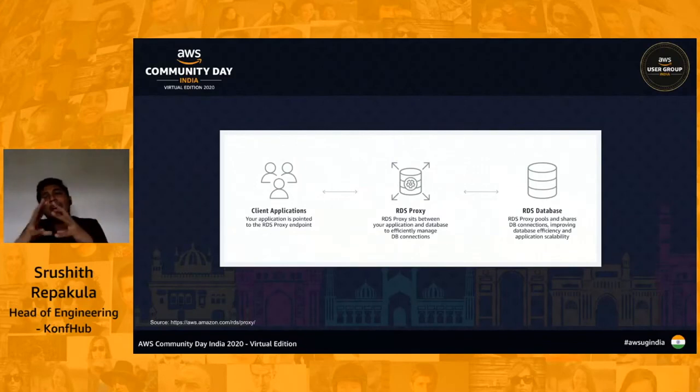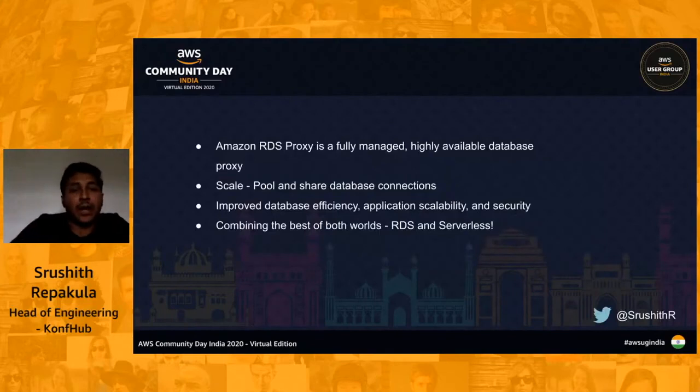The proxy takes care of managing the connections and reusing the connections that are already available. The bottleneck that we had downstream is that my APIs can scale, my Lambdas can scale, but my database cannot scale. So now we are trying to move away from that bottleneck and use the RDS proxy as a barrier, so that I'm not overwhelming my RDS instance, but my RDS proxy takes care of managing all the connections for me before it can connect to the RDS instance. So that is about RDS proxy.